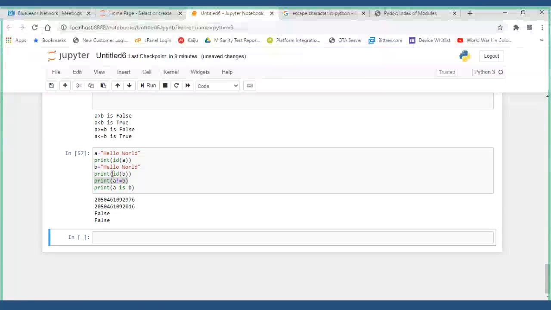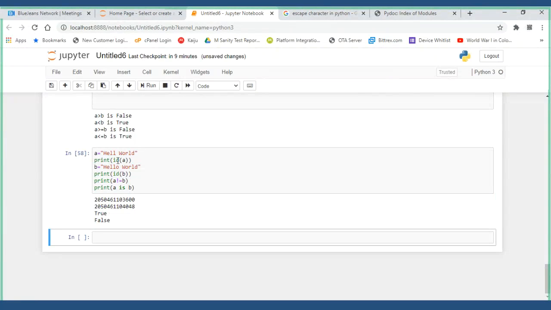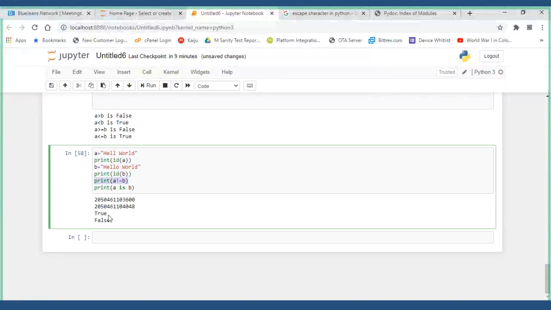If I remove one letter from hello, then I'll show you. It is true, because here it is hello and here it is hell, so both are different. So it provided me the result as true. Because both are different, not equal to means yes, they are not equal, so that's the reason it provided true. Now you remember.